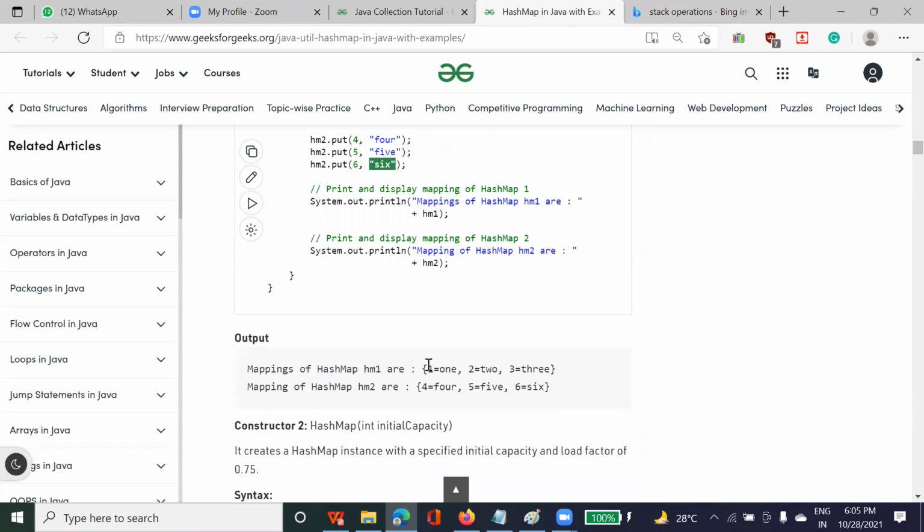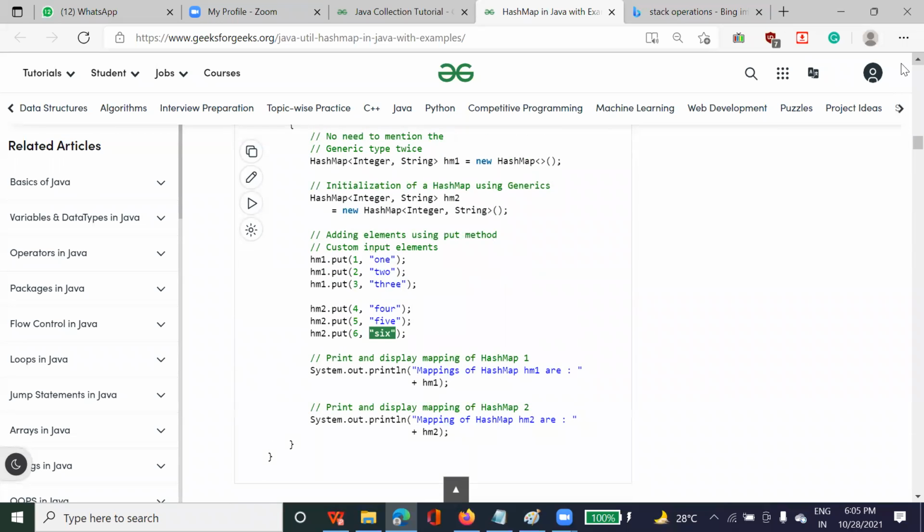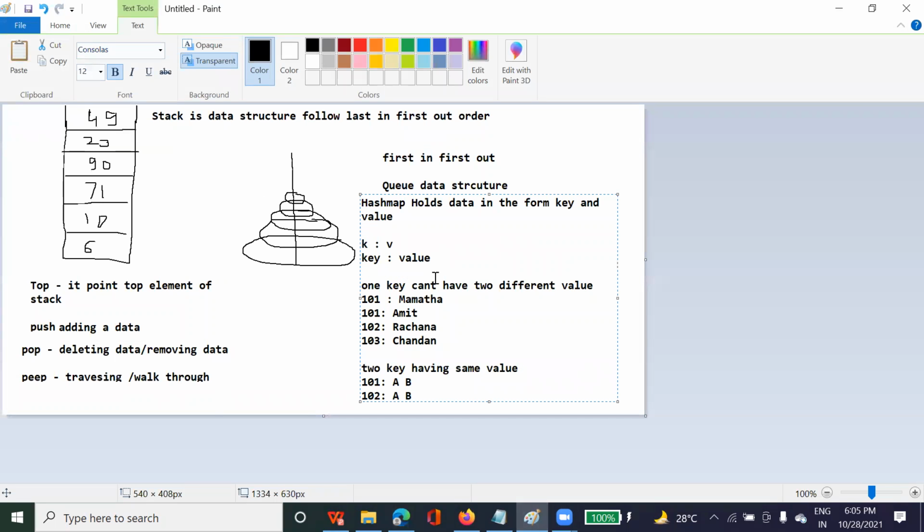Right? So in this way you can use a hash map, and when you see the output it will look like this. You can see here, one will identify this one, two will identify this two, meaning uniquely identify. You can say employee ID and name, employee ID and last name, employee ID and designation, or department ID. So like this we usually build a hash map program. If they ask you to create a hash map program, you can give an example of employee ID, and don't forget to explain the concept that I've explained to you, that one key can't have two different values.